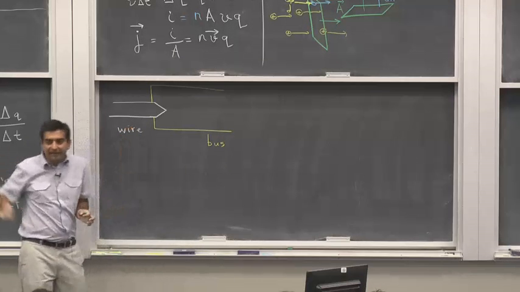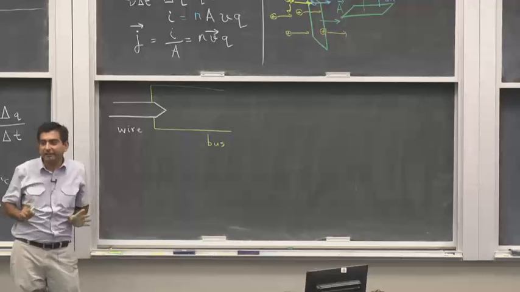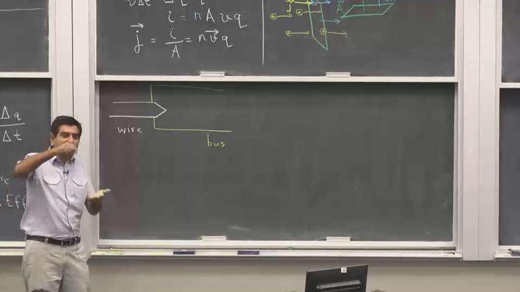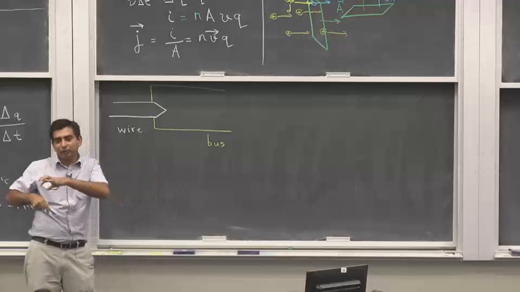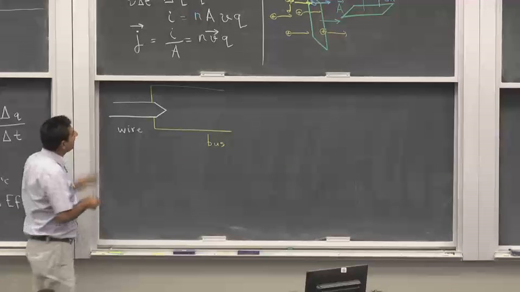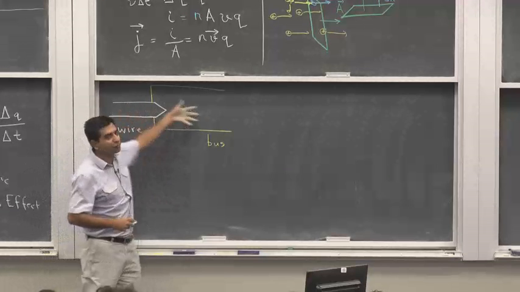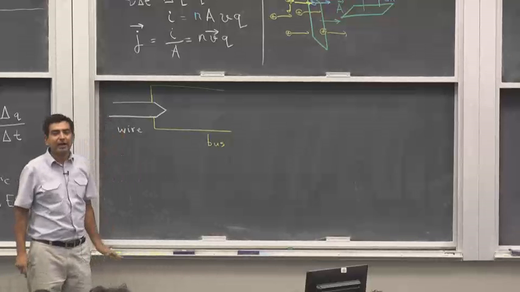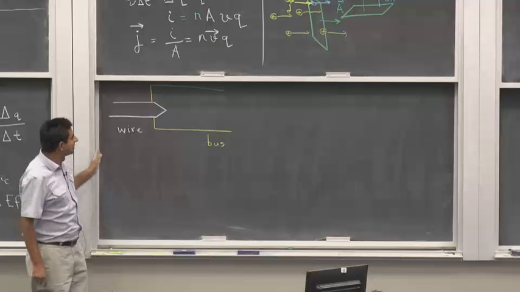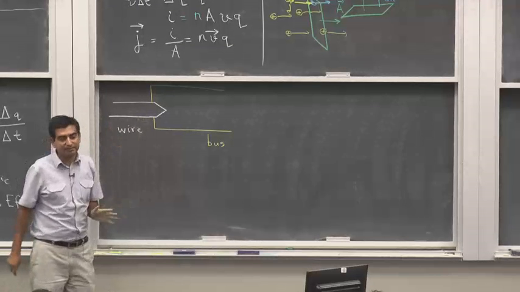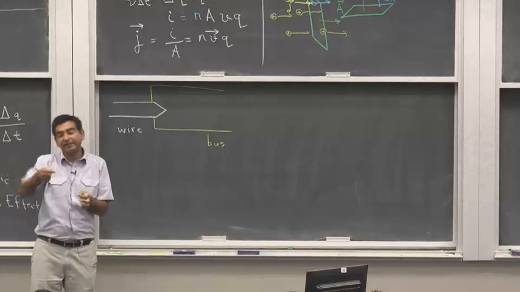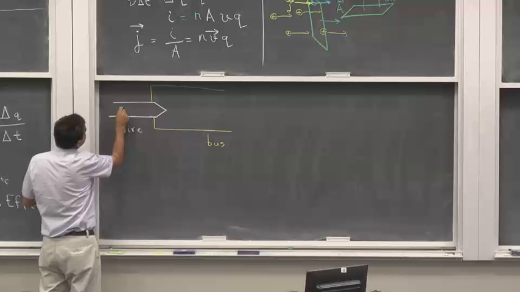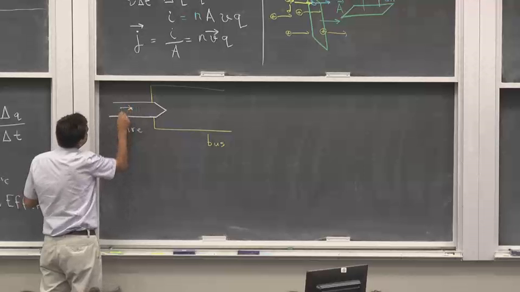Suppose I have a wire, an electric wire that is carrying current, and this is connected onto a printed circuit board on which there is a track that has been laid out or a bus that has been laid out. Now current is flowing through this wire and it has to go inside the bus. Now if I were to look at the charge carriers, they are flowing from the wire to the bus. But at each point I know what the current density is, because it's a vector, it's going to point in a certain direction. So the current density here is in this direction, it's parallel to the wire,